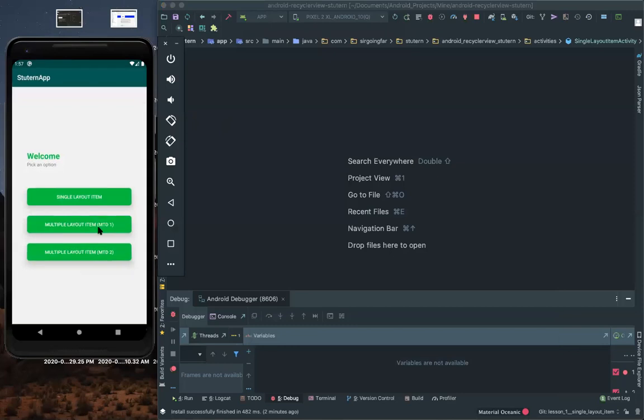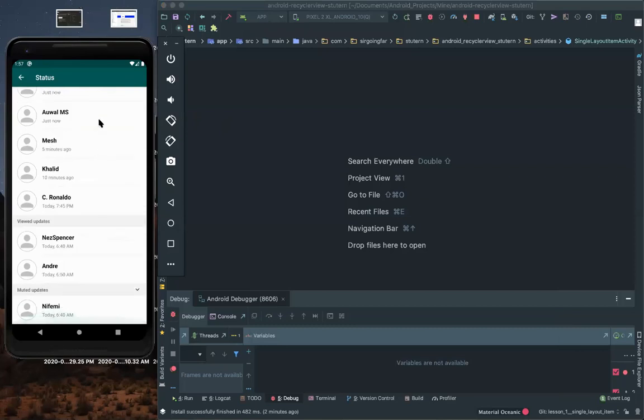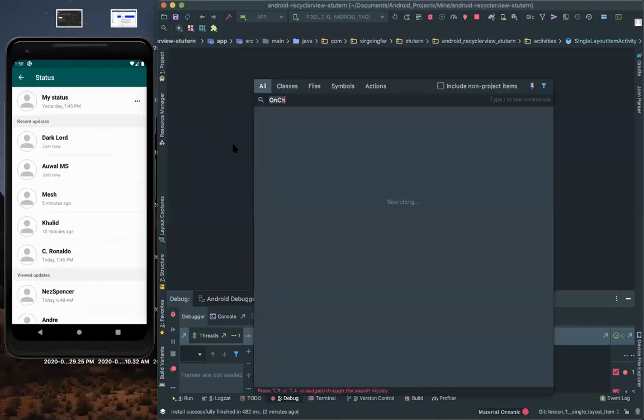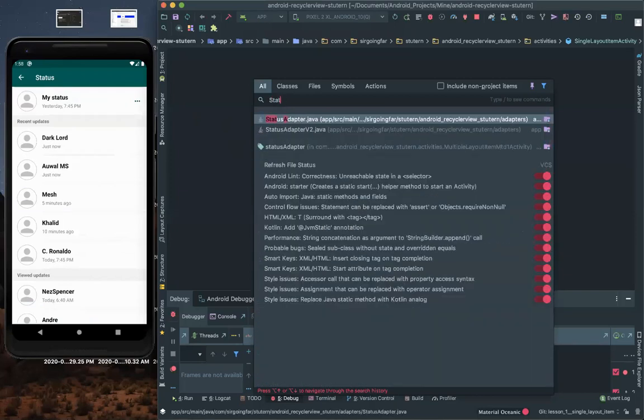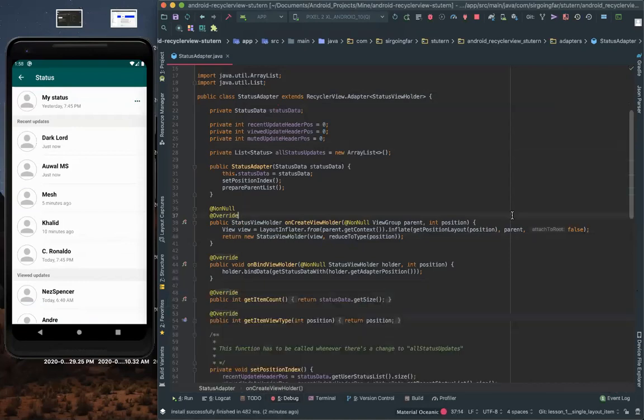inside your adapter. This is the status page, and the adapter is where the whole work is done. So I will go to the adapter straight off, which is the status adapter. What I've been explaining to you since morning, the same thing you can do for a multiple layout item recycler view, but the difference is just how you